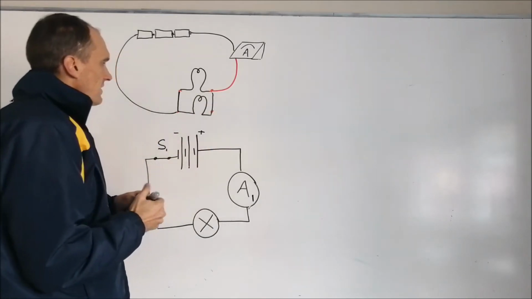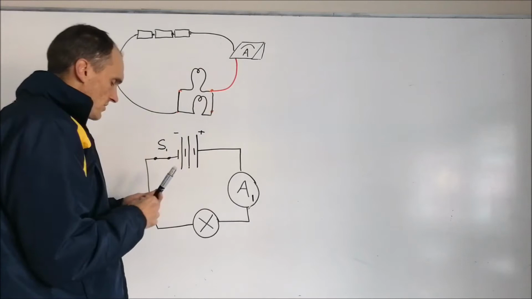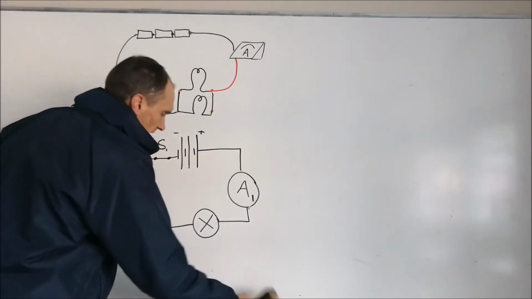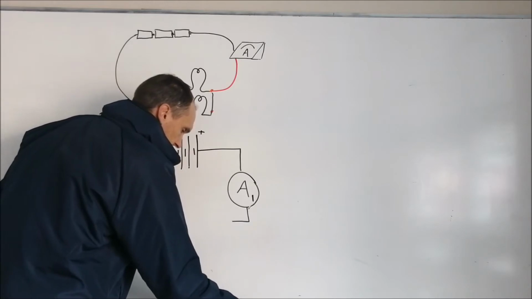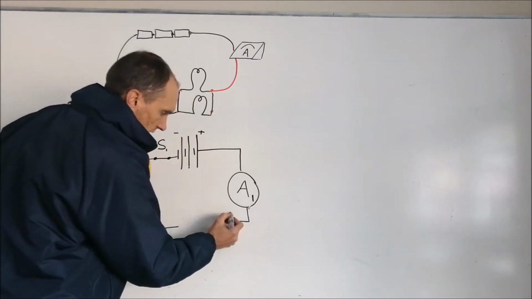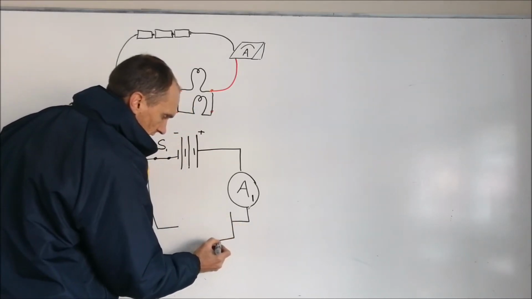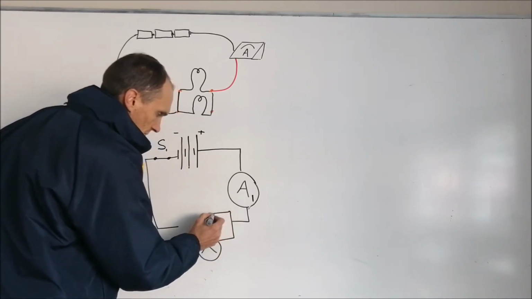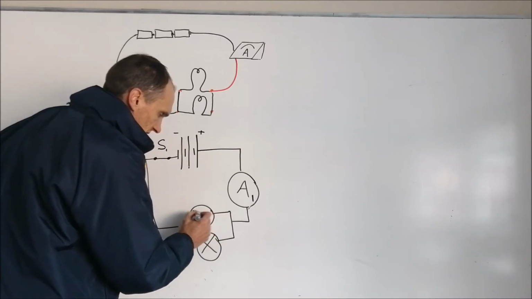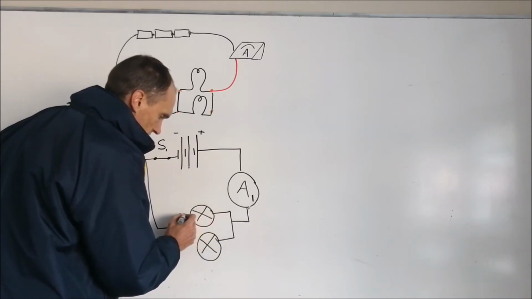Now let's change the circuit, and let's put our other globe in so that we have our parallel circuit, right? So now we have two paths for the current to flow. Now, how we generally draw that in a diagram is like this. Again, it's kind of neat to keep everything in boxes. And we have two globes